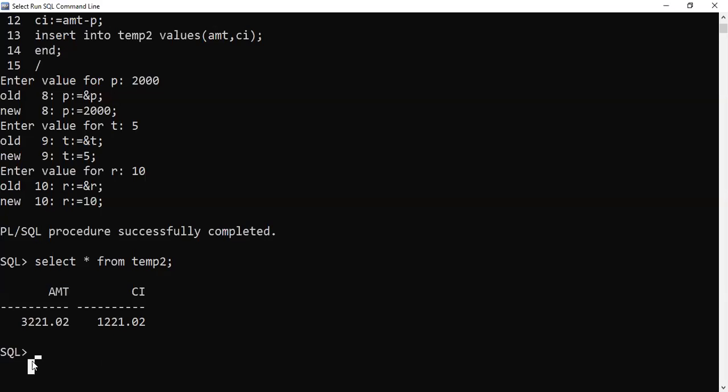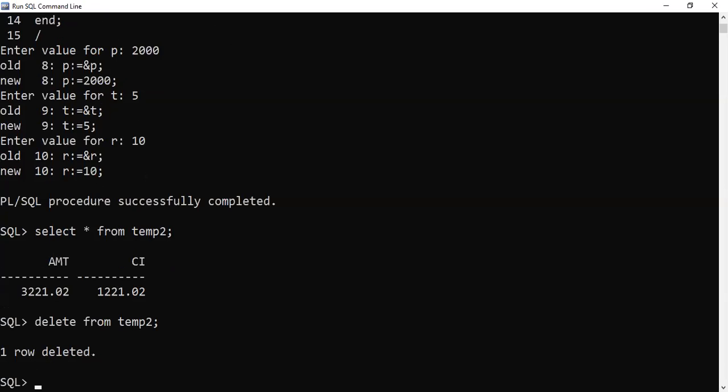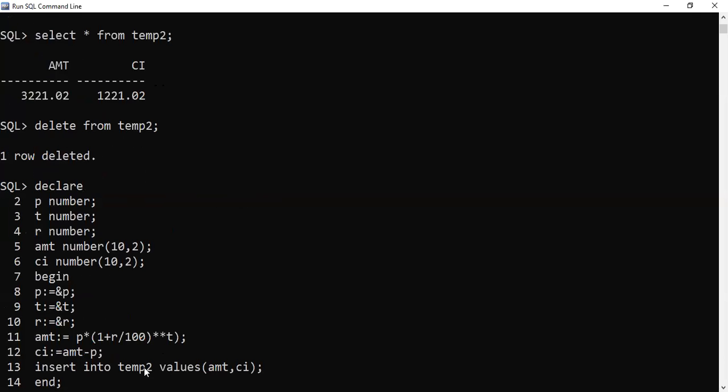So first I want to delete values from temp2. Delete from temp2. Fine. Now I'm pasting here the new one. Instead of power function, you can use double star. Double star indicates it is raised to.